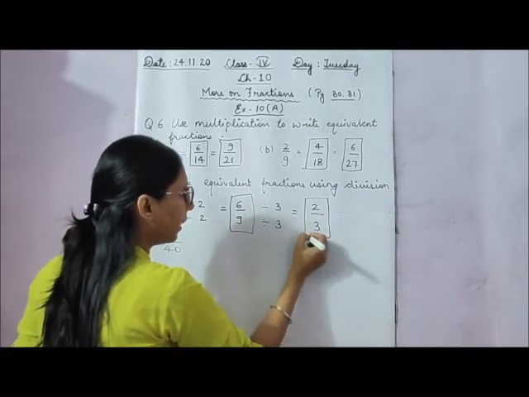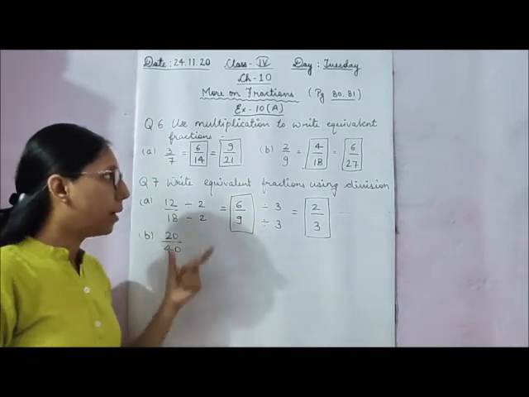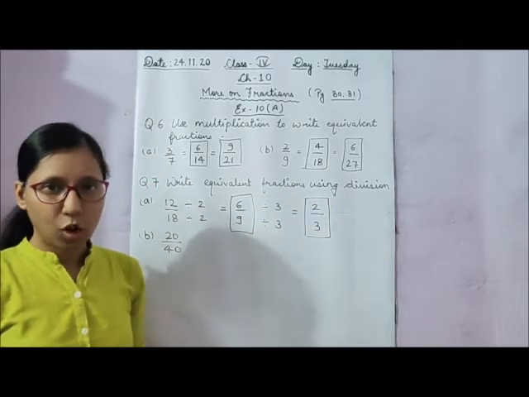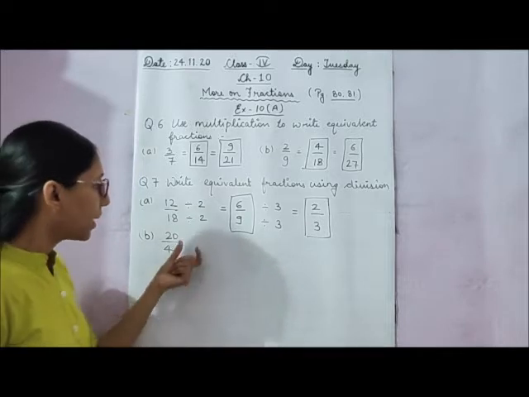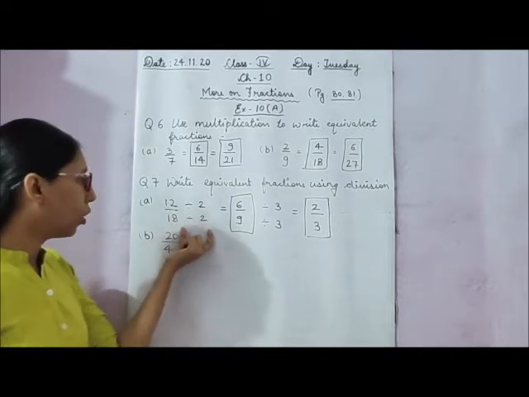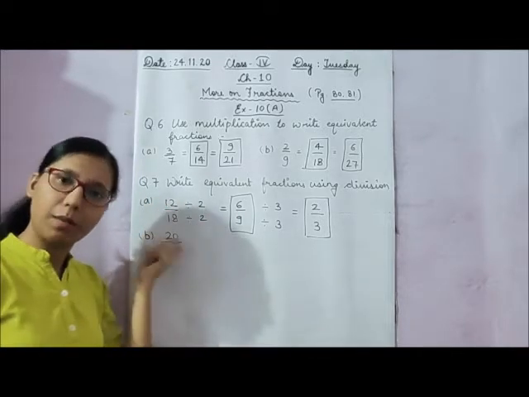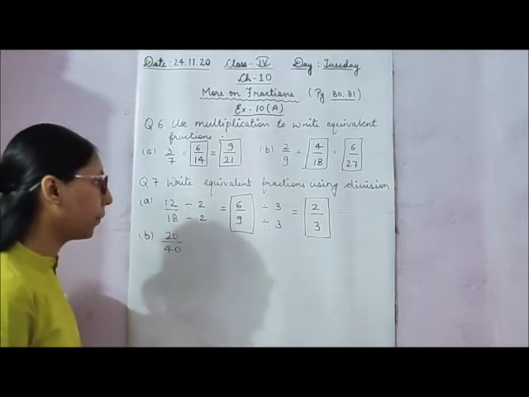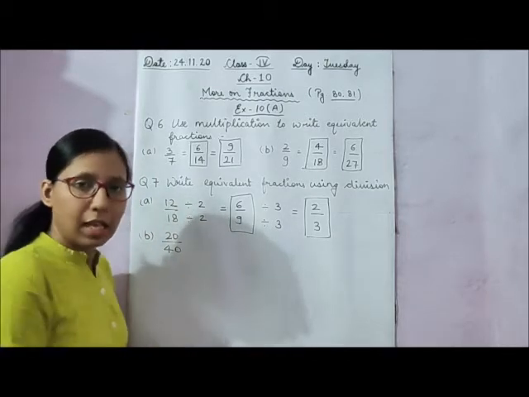Now जैसे हमने multiply किया था कि जो नंबर हम न्यूमरेटर में मल्टीप्लाई करते हैं वो हम डिनोमिनेटर से भी मल्टीप्लाई करते हैं, वैसे ही डिवीजन में भी हमें क्या करना है, जो नंबर हम ऊपर डिवाइड करेंगे वही हम नीचे वाले नंबर से भी डिवाइड करेंगे. So these two fractions are the answer.